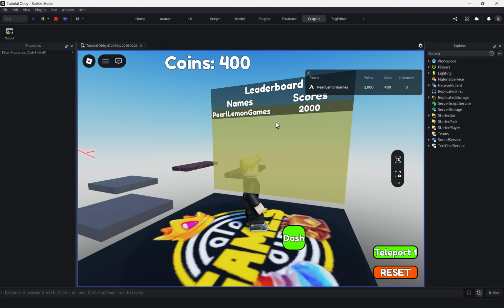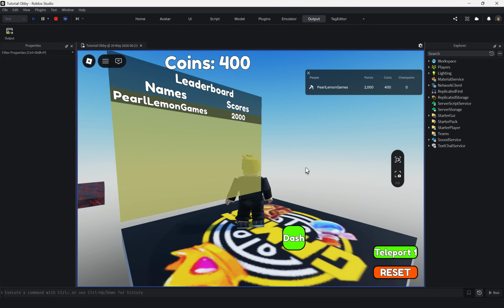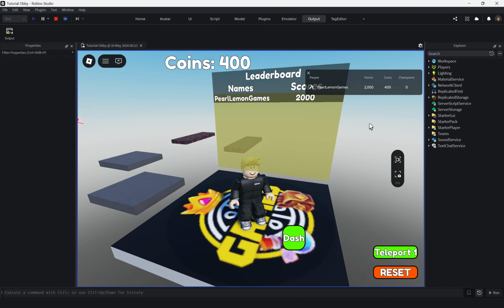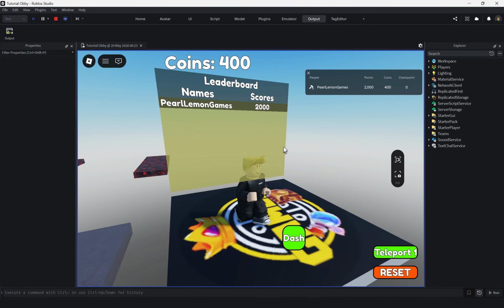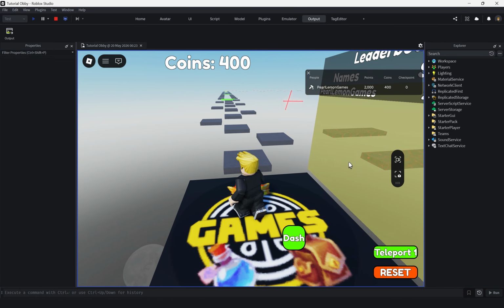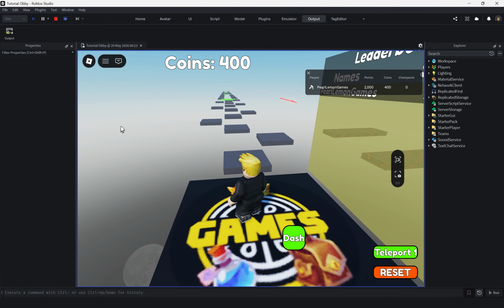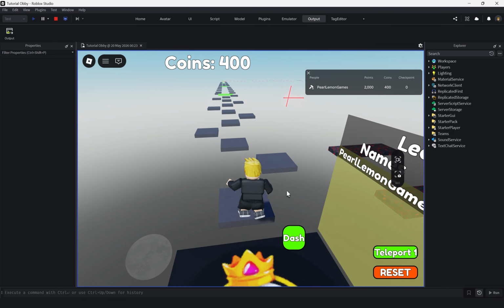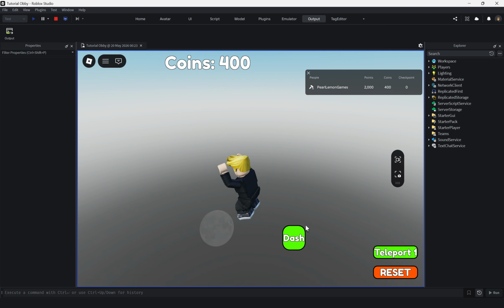We have the scores there, we have the names, even if we're resetting the checkpoint, but we're not resetting the actual scores and the coins that the player has. So in the future, we'll have shops here, and we would have maybe skills on the dash and make it usable and have animation on it. But so far,